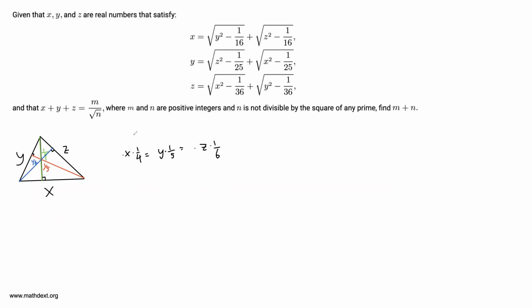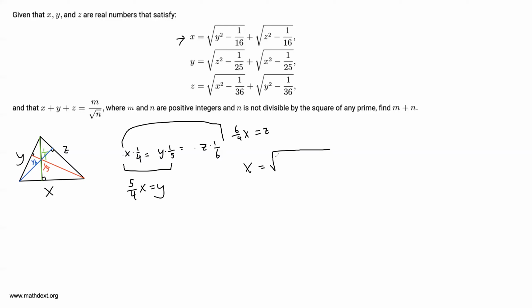And how does that help us? Well, what happens if we get y and z in terms of x and substitute them into this first equation? Then we just get an equation in terms of x, which we can use to solve for x. So how do we put y and z in terms of x? Well, we can multiply both sides of this equality by 5 to get 5 over 4 x is equal to y. And we can do the same with this equality, except we multiply both sides by 6 to get 6 over 4 x is equal to z. I'm not going to simplify this right now, and we'll see why. So we plug y and z into this first equality, and we get x is equal to the square root of y squared